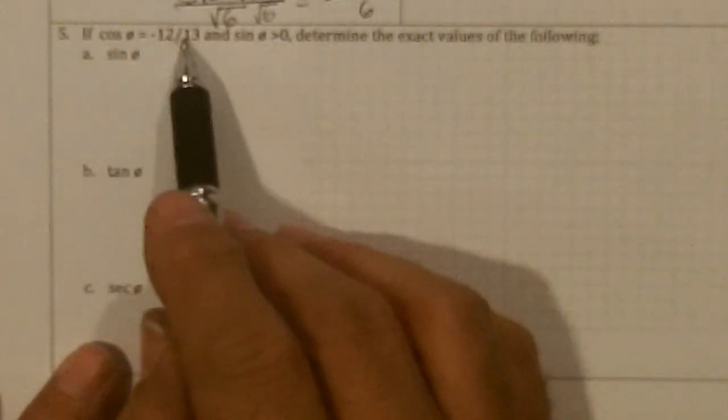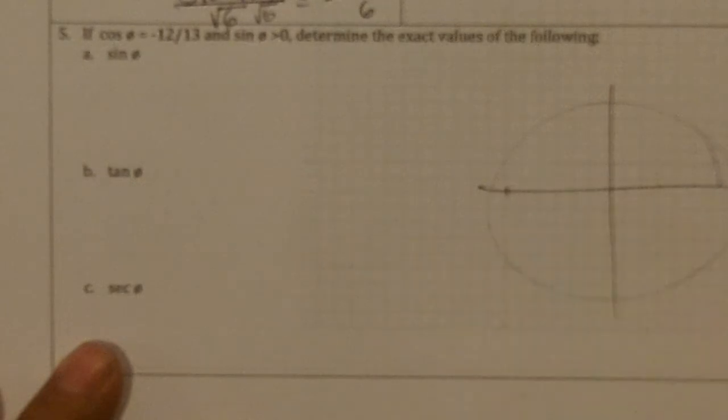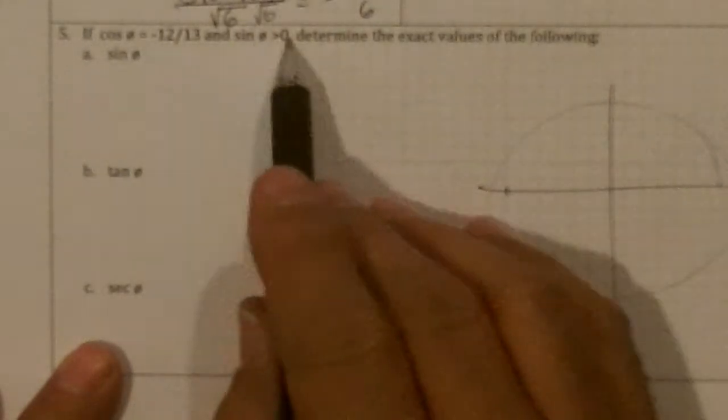It says if the cosine is negative 12/13, see, the cosine would be, if I make the unit circle, cosine is negative over here, and it's negative 12/13, so it's almost negative 1 on the unit circle. Negative 12/13. And the sine is positive, that means we're here, and we got here, and this side's